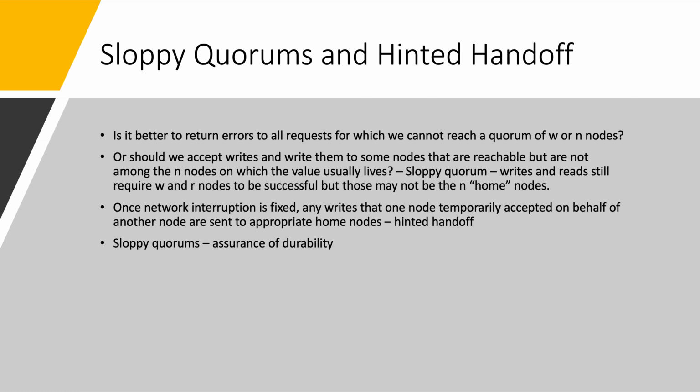So now let's see what are sloppy quorums and hinted handoff. Databases with appropriately configured quorums can tolerate the failure of individual nodes without the need for a failover. They can also tolerate individual nodes going slow, because requests don't have to wait for all the nodes to respond. They can just return when the W nodes or R nodes have responded. So these characteristics make databases with leaderless replication appealing for use cases that require high availability and low latency.